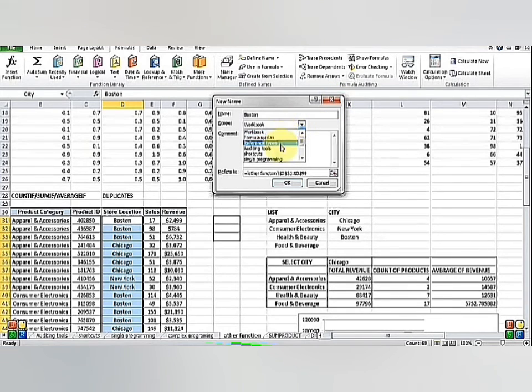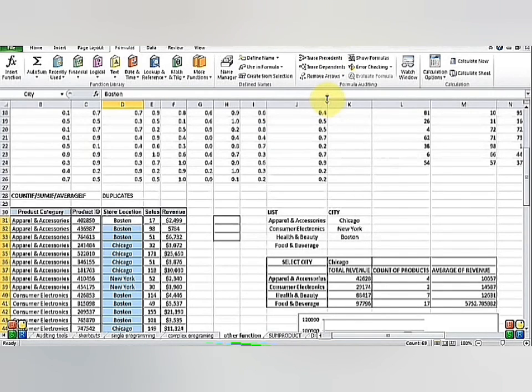On that basis you can change it, and you can change the scope, whether it is only for this workbook or for a particular sheet you want it to be in. So in that case you can just add it. So here we end on the count functions that were available with Excel. Thank you.